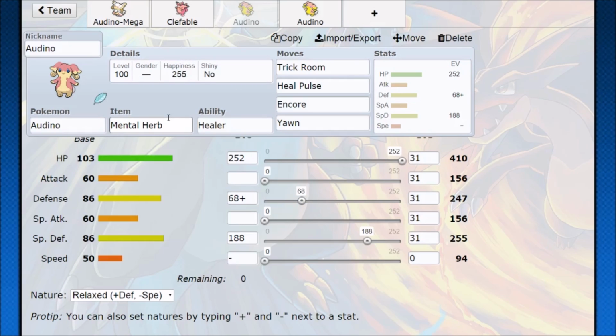Mental Herb means that we're going to be able to really get that Trick Room off, and if we support it with a Fake Out Pokemon or a Pokemon with Quick Guard, Trick Room is pretty much guaranteed. Then we also just have super support from here. So now this is where you also get into some interesting positions with Audino, that you can run it regular like this, and then have the Mental Herb, and then go for some setup, or you can go Mega,